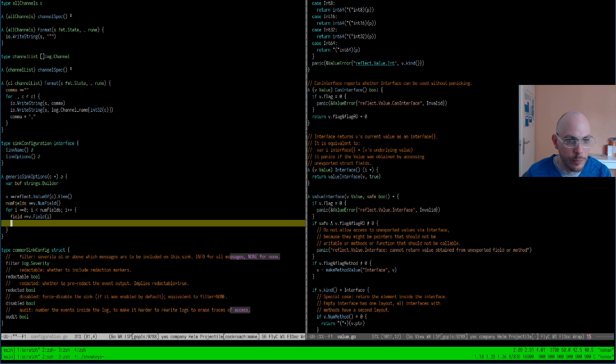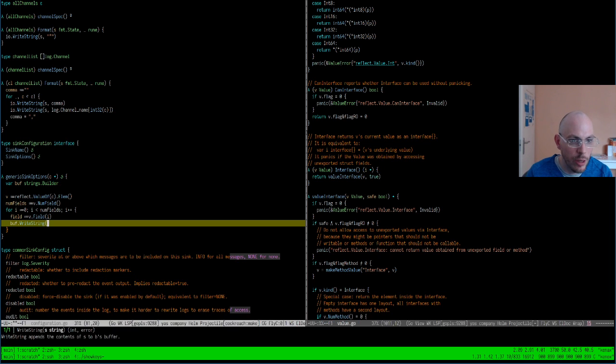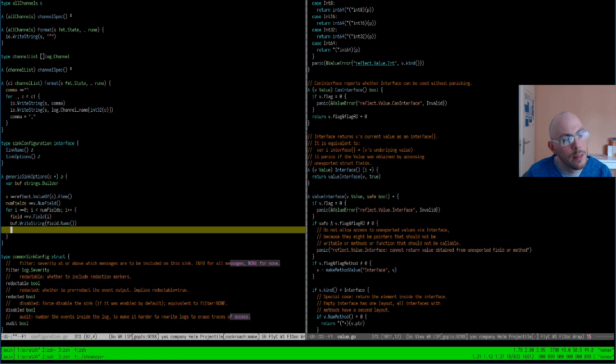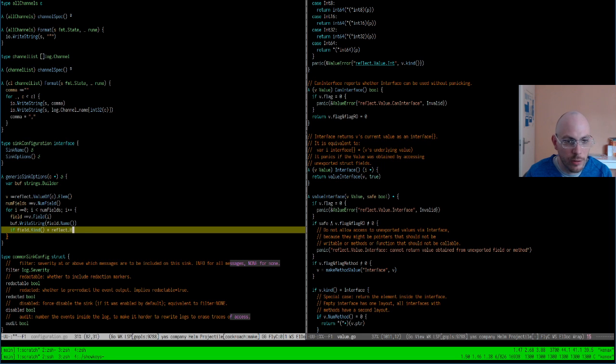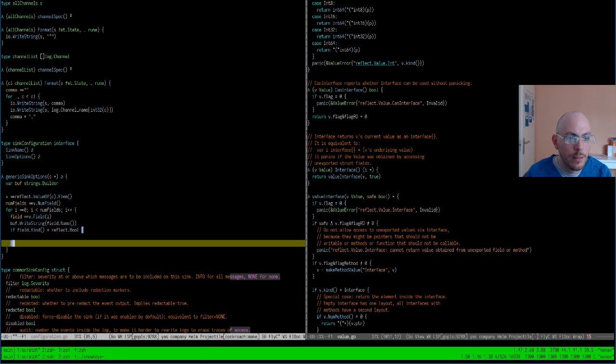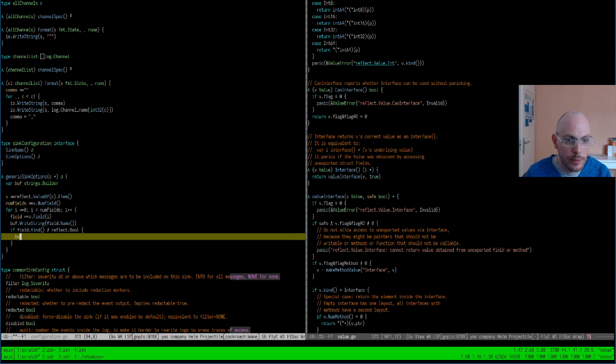And the name. So I'm going to print out the name of the field. And then depending on whether it's a Boolean or not, I'm going to print its value. And how do I know whether it's a Boolean or not? I'm going to look at its kind. So if the field.kind is reflect.Bool, or it's not a Boolean, then we're going to print an equal sign followed by the value.